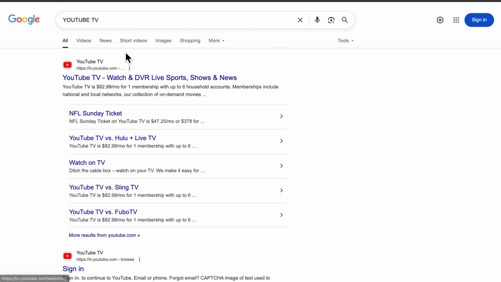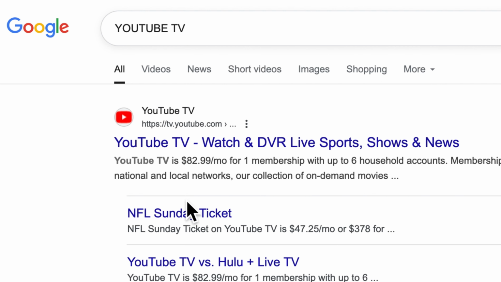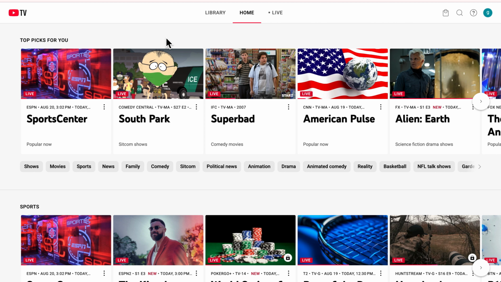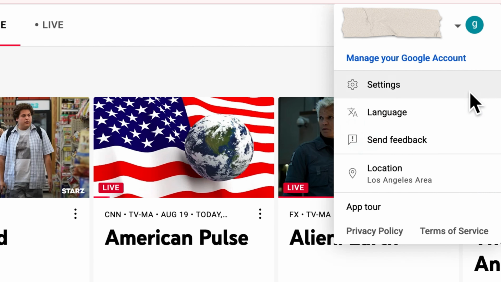So to make it easy, you want to use your computer or laptop to do this, and then you want to sign in to your YouTube TV account under tv.youtube.com. And then after you sign in, you want to make sure you are already purchasing the base plan of YouTube TV by going to your profile picture at the top right of your screen, and then you want to click